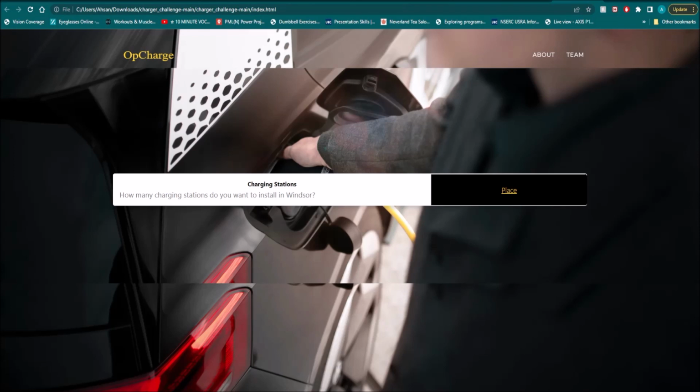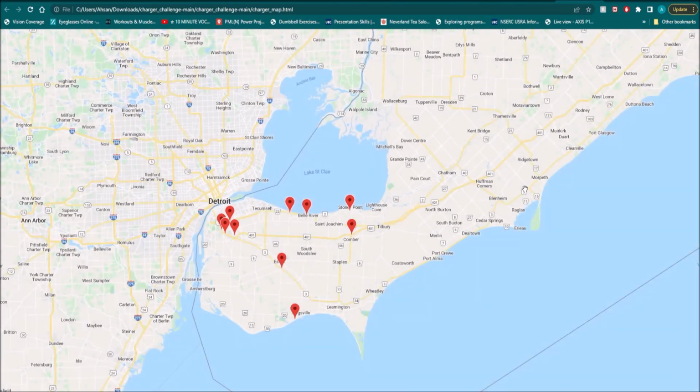Here is our web app, which we call OpCharge. There are 3 main components of this web app: the home page, the about page, and the theme page. Now let us see this web app in action. Suppose that the city of Windsor plans on installing 10 new chargers. Then we type in 10, and now the web app will output a map that shows where the 10 points should be located to optimize the charger